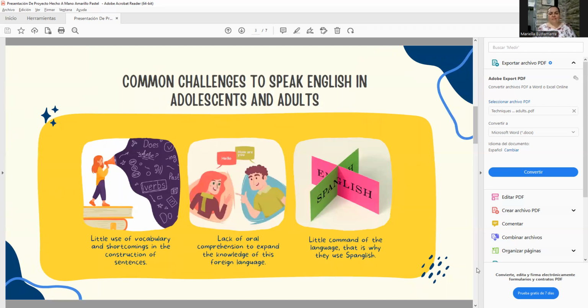The first problem, in general, is that they are unable to improve their oral skills because they don't have enough vocabulary. So that's the reason they are unable to construct good sentences. On the other side, they lack oral comprehension because they don't have enough knowledge about this foreign language. When they are unable to talk properly, they usually mix words between Spanish and English. That is why they use Spanglish, which is the usual name for when they